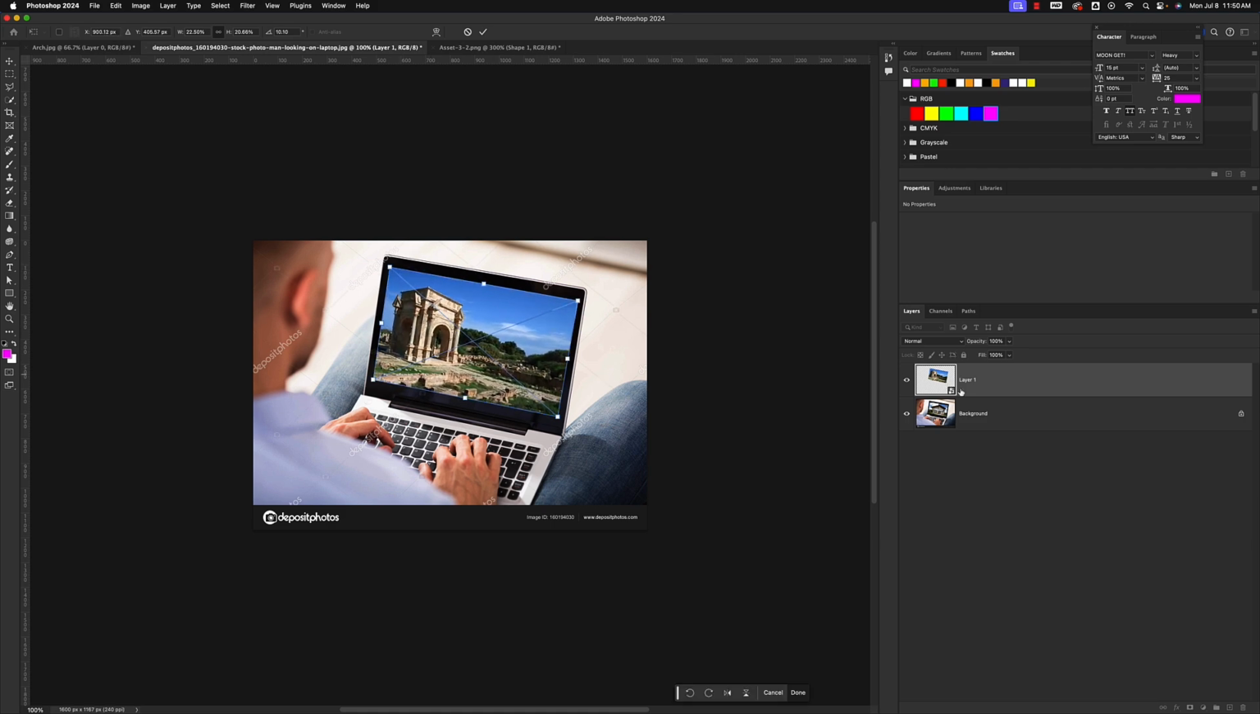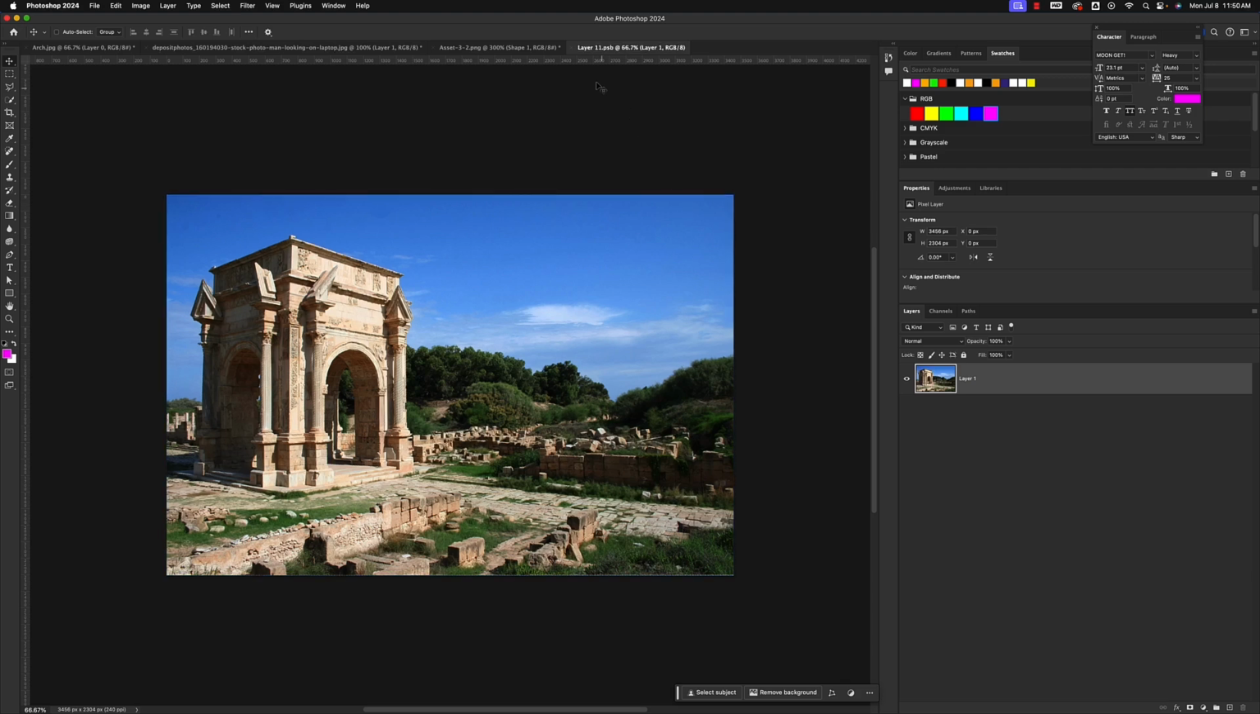Okay, so we have a smart object laid on top of this background image. If I hit return, now check this out. This is the cool part. If I double click on the arch image, now that's taking me into this layer. And if I come over here and I type out some text,